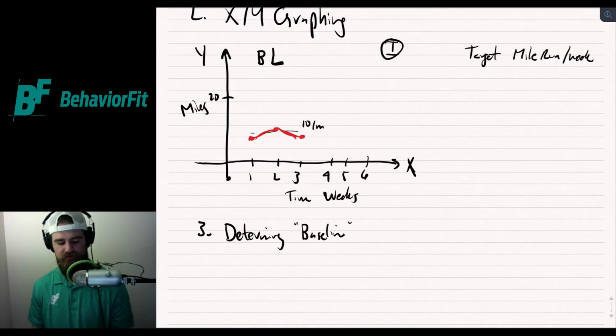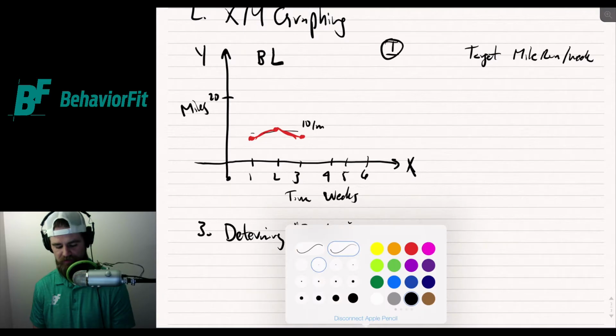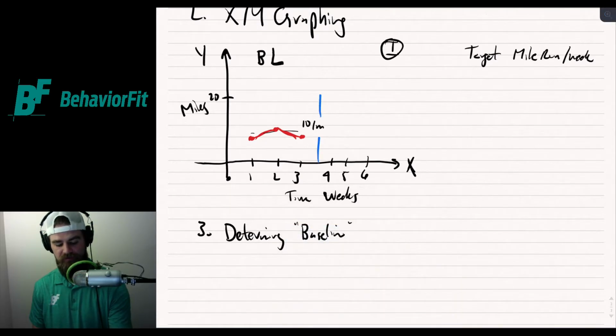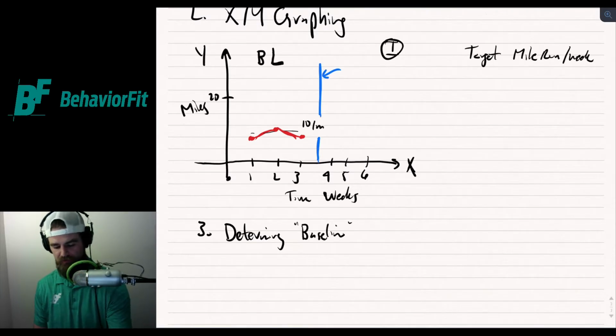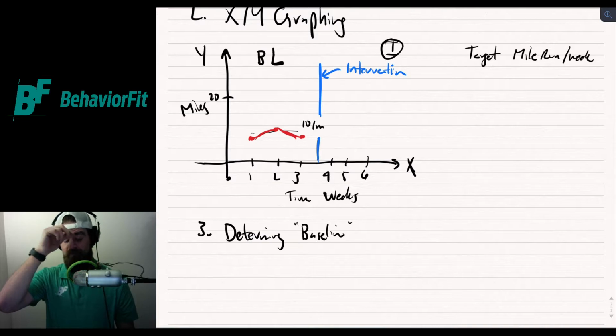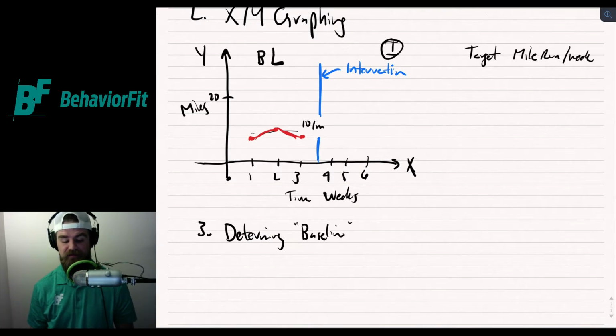And all we do is separate it with this magic line, right? We'll say everything to the left of the line, weeks 1 through 3, that's your baseline phase. And the magic here is what changed this blue line. Between weeks 3 and 4, that's going to be your intervention. And this is easy to understand. Everything to the left of the line: baseline, real world, what happened. Everything to the right of the line is what you did, what you changed, what we're going to analyze in the long term.